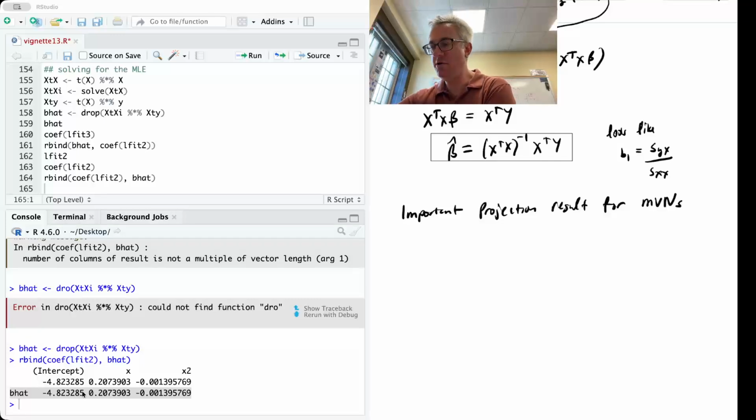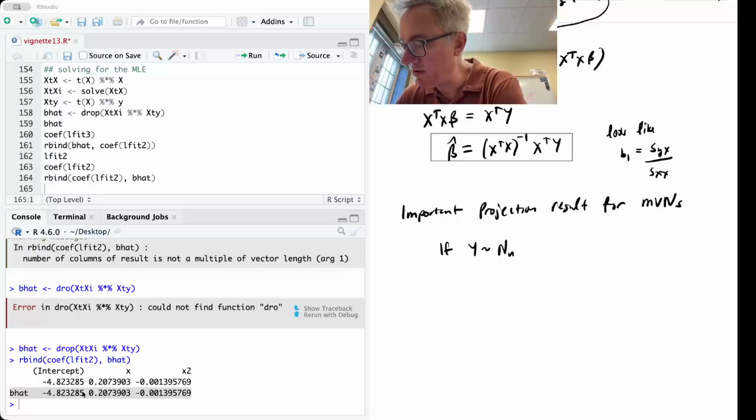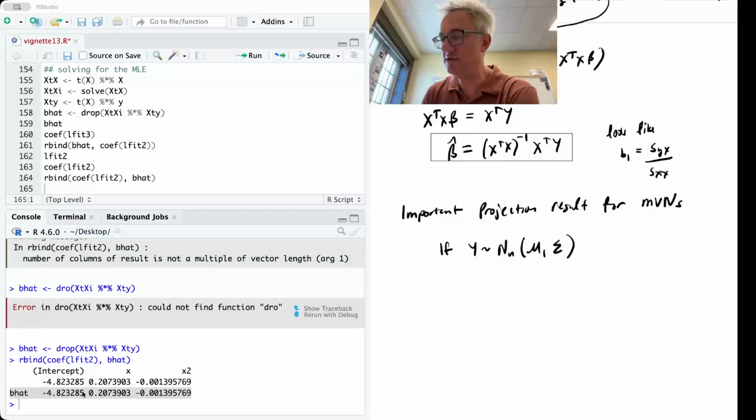In fact, if you go to the Wikipedia page for the multivariate normal and search that page for the word projection, you will find this result, which says that if a random vector y is n-variate normal with some mean and some variance, and we're using X beta and the identity times sigma squared,